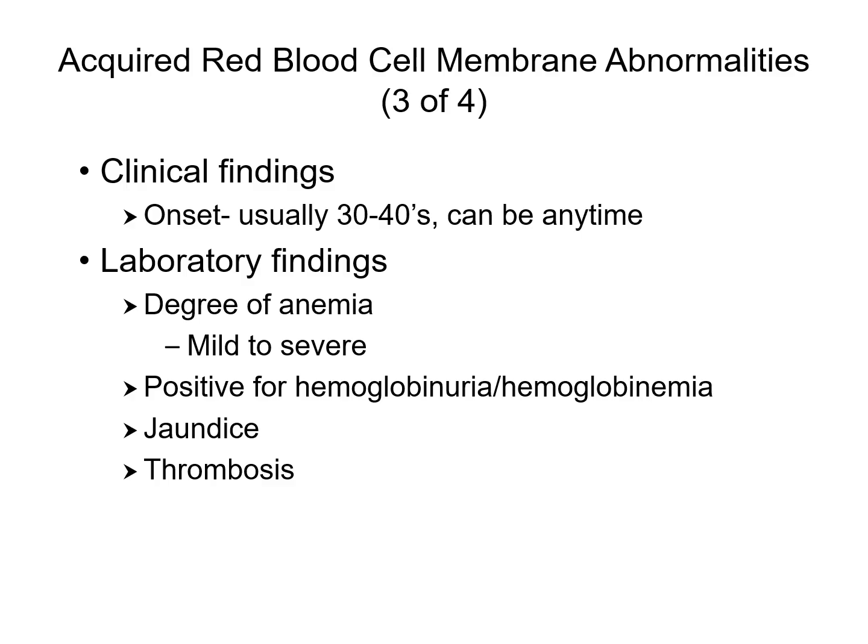In the laboratory, we're going to see a degree of anemia, which could range from mild to severe. We're also going to have positive hemoglobinuria and hemoglobinemia, which is the presence of free hemoglobin in urine and plasma due to the intravascular hemolysis. Patients are also going to appear jaundiced, from the increased bilirubin due to the increase in red blood cell destruction. And then thrombosis is a significant risk in paroxysmal nocturnal hemoglobinuria